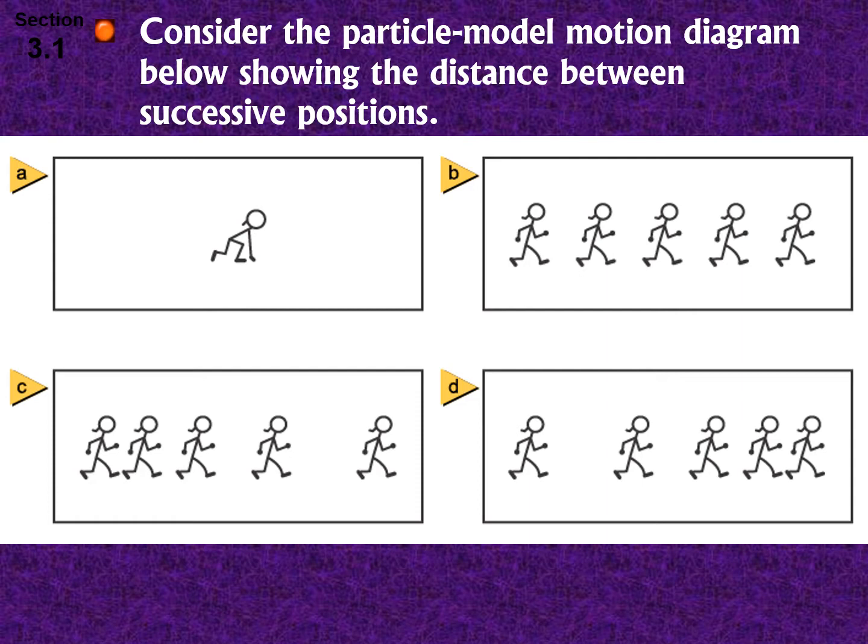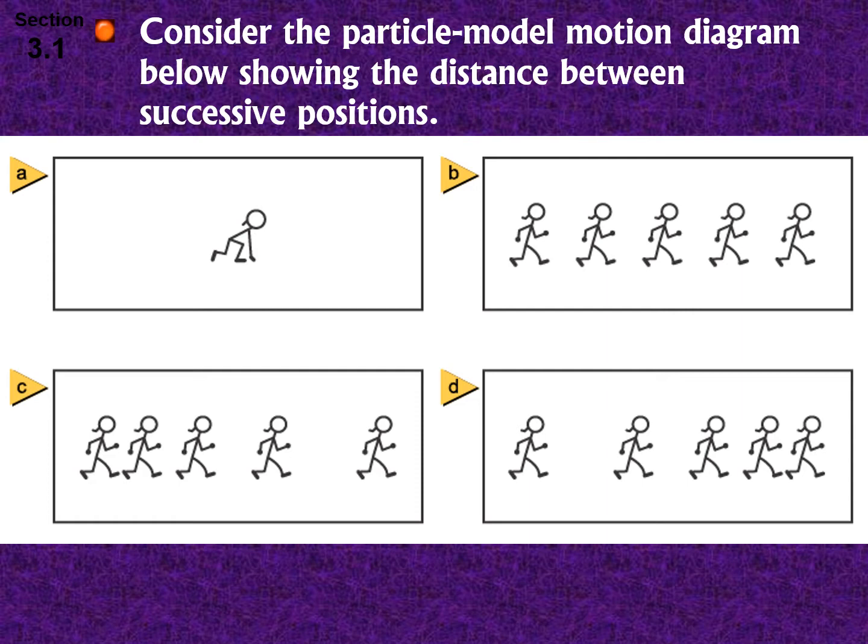They're evenly spaced out, assuming that these pictures were taken at equal intervals, like every second, or every minute, that would be very slow. Every hour, that would be extremely slow. Every year, it just has to be the same interval. And then in C, what do we see? We see the person moving, but wait a second, they're not evenly spaced. The spacing is getting larger and larger. Oh, that person is speeding up. So they start off moving at the beginning, and then they move faster in the next interval, faster in the next interval, and faster in the next interval. So there is a change in velocity.